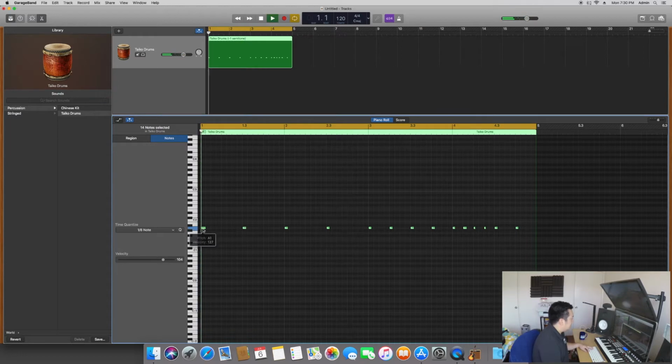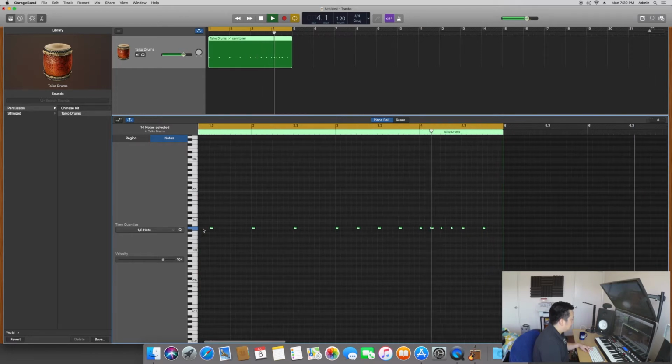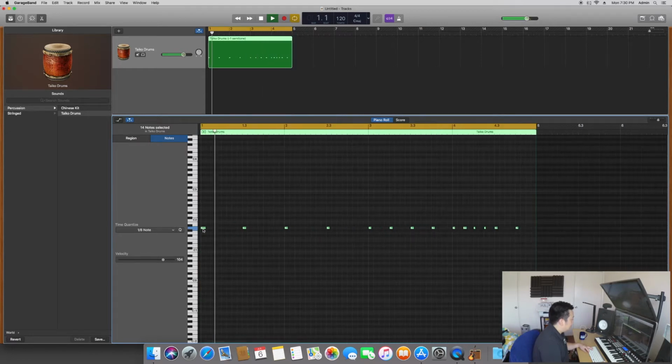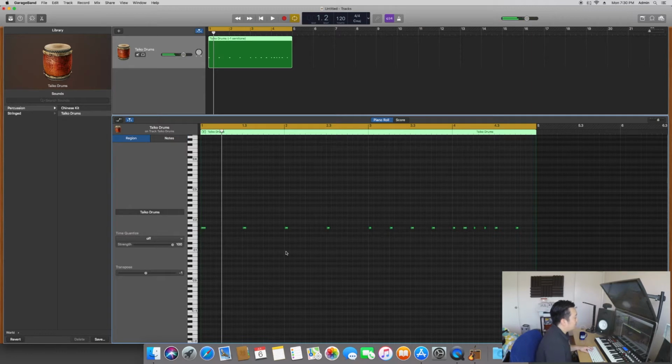Let's see how this one sounds. Okay, I like that one a lot more. But now I need to fix the velocities, meaning not all of the notes in Nenshu line 1 are going to be the same. So, don, don, okay. You know, another thing to be aware of,